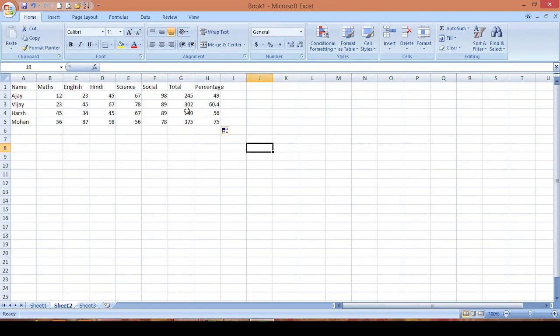Now I want to show you one thing. This is the sum of marks of Ajay, 245, so I'll write 245 here.